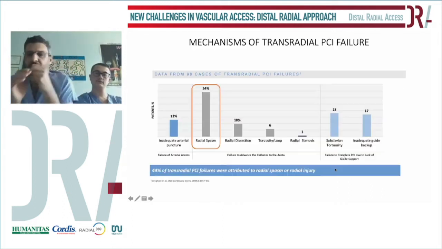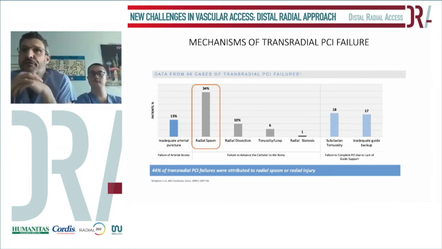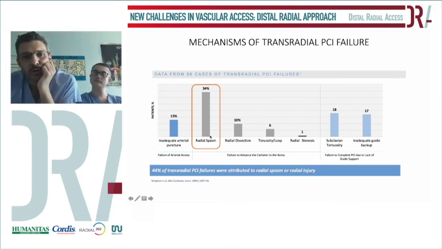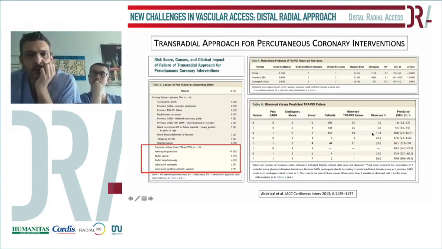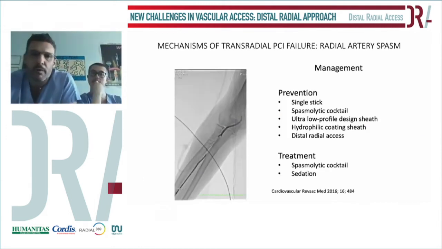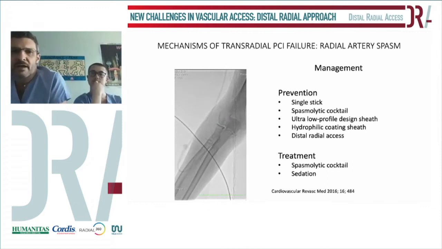This is very important to avoid one of the most frequent causes of transradial failure, that is radial spasm. You know perfectly in your daily practice that the most frequent problem that we can have using the radial access is the radial spasm. But how can we overcome this problem? Obviously, we have to prevent the radial spasm, and the best way is to perform a single stick